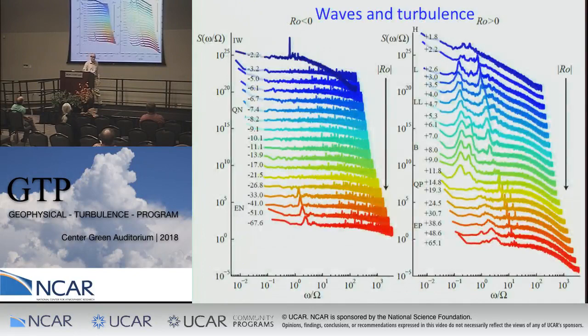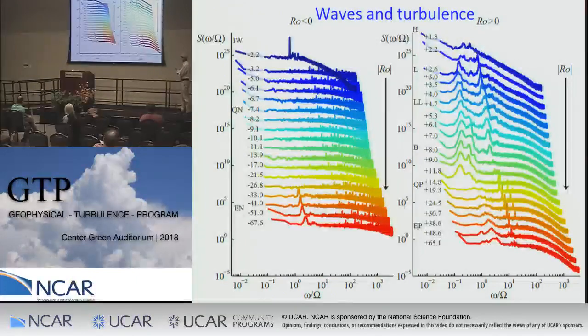So since these, I believe, occur quite generically in natural flows as well as experimental flows. Okay, so now if we do rotate these spheres independently, we have a zoo of states. So this is labeled then with Rossby number along here. These are the spectra, power spectra of time series of the wall shear stress at one point on the outer